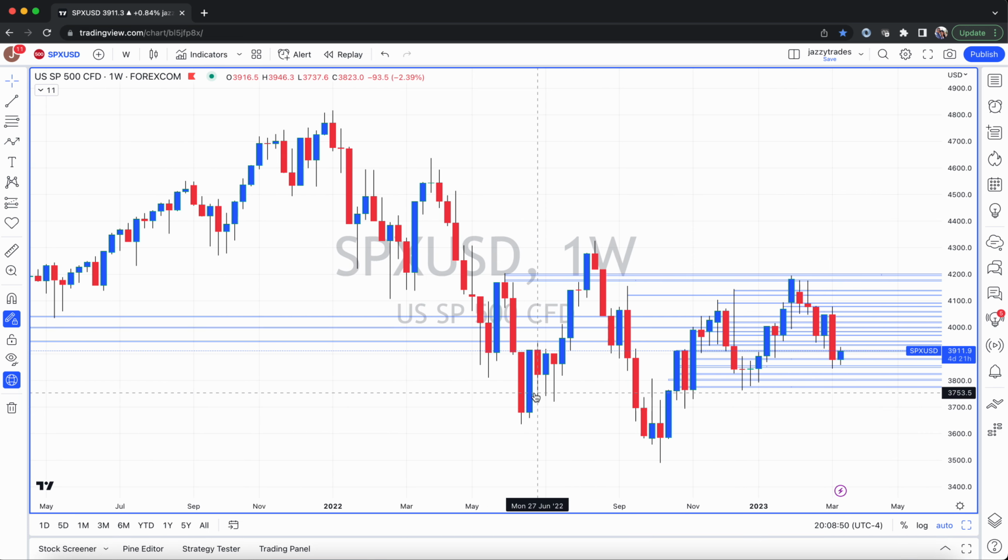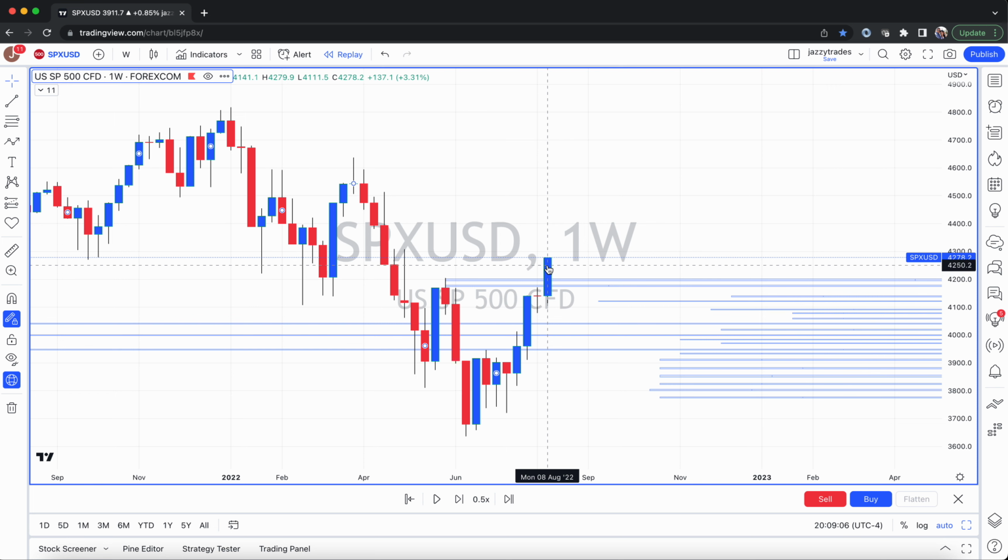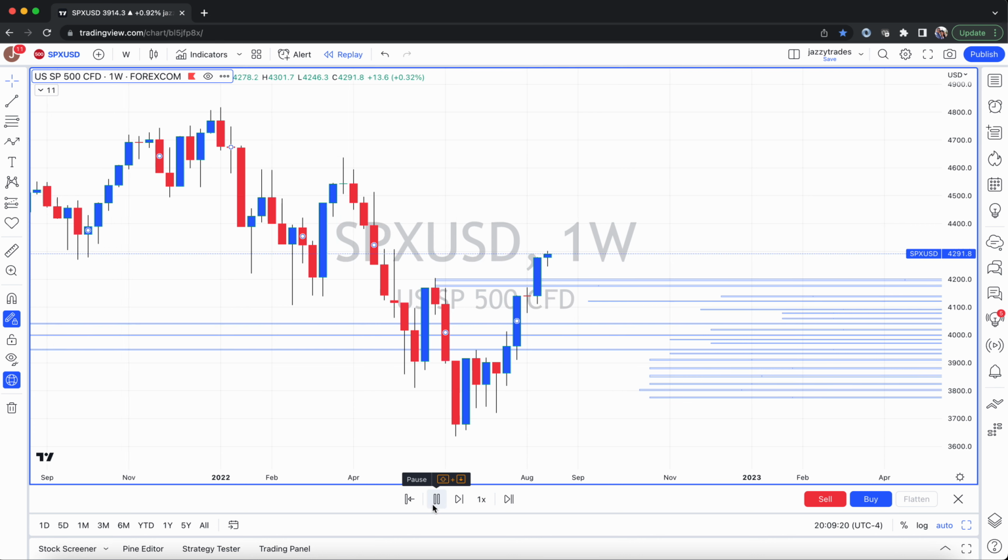I want you to focus here: the previous lower high was this one. We closed above it, August 2022. We became bullish on the weekly. Okay. Now if I play this, if this is the low, 36.44, and this is the high, 42.78, and if I play it now,